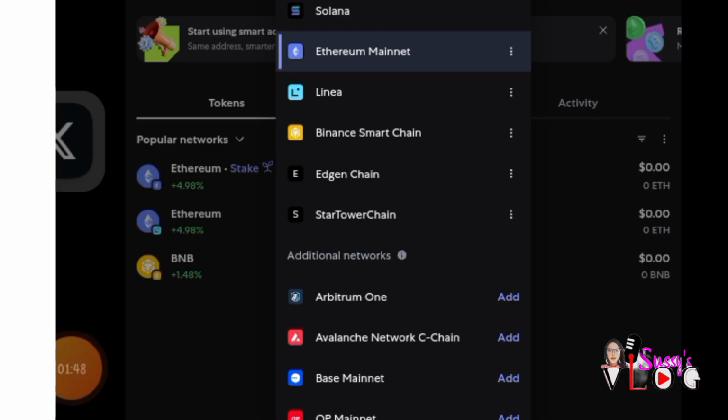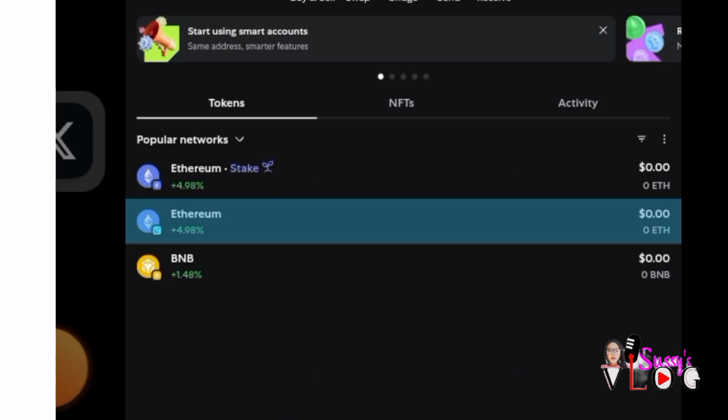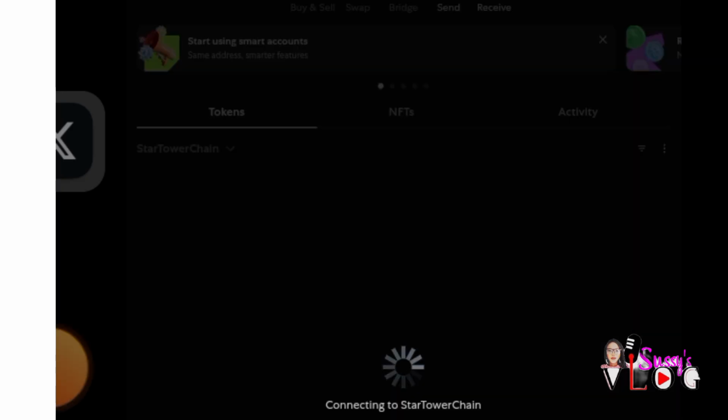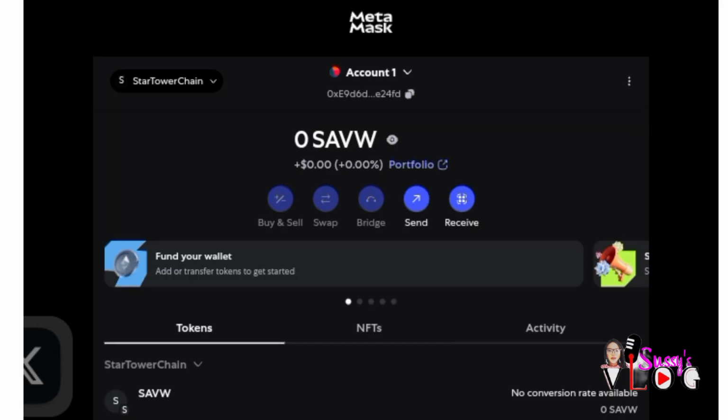So I'm going to click on that, and if you've done everything successfully the way I've shown you, whether you've set it up using your browser or via your MetaMask, it's going to be reflecting just like this. So you've done phase 1. This is it. You can see it reflecting here. So we're going to the next phase, which is phase 2, which is actually how to key in into the